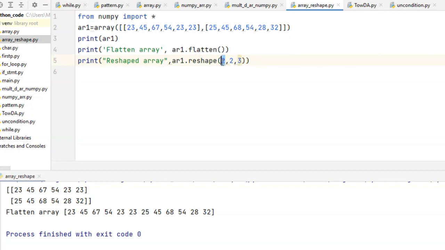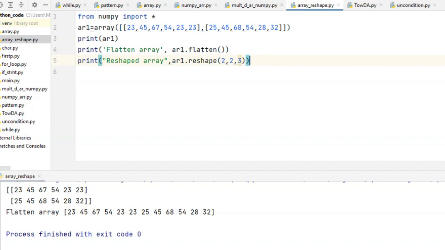The first 2 indicates the number of arrays, and the second 2 indicates the number of rows that the arrays will have. 3 indicates the number of columns that the arrays will have.